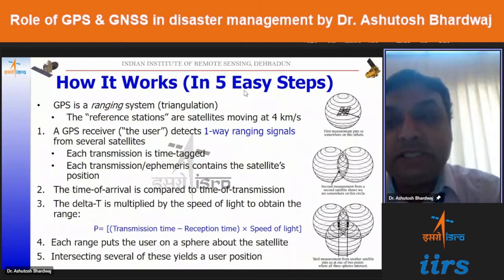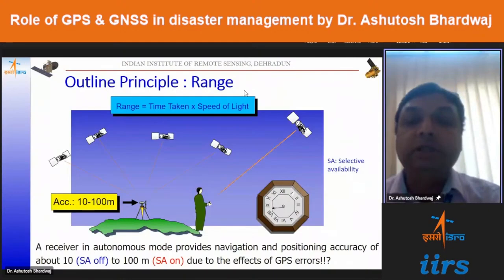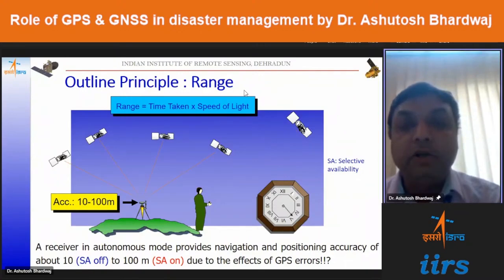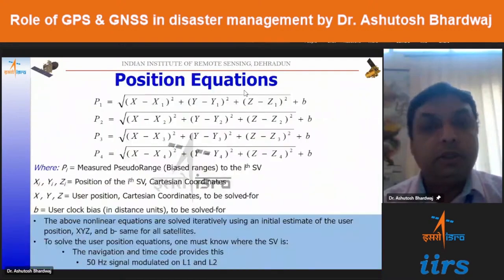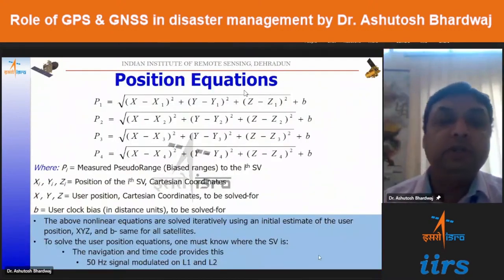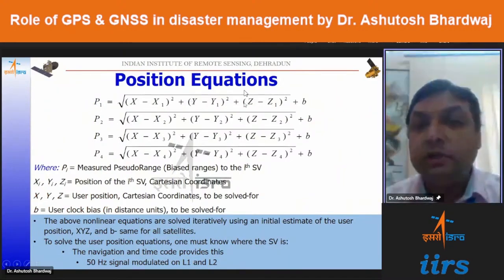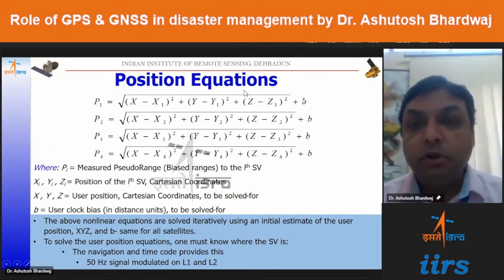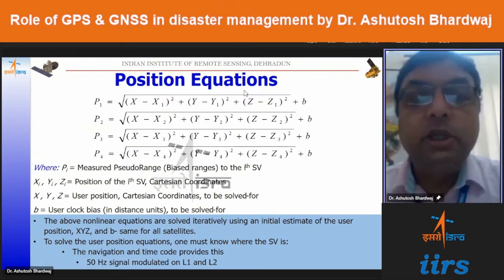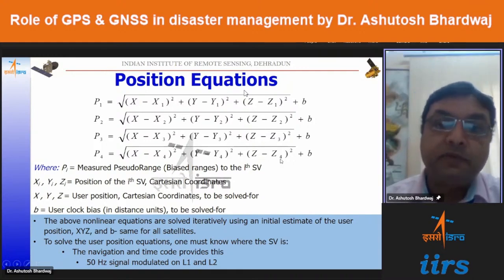Now, basically, we use a one-way ranging system wherein minimum 4 satellites are required to provide us the signal in a one-way ranging method and resolve these equations. Actually, four equations need to be resolved. So in these equations, we have the X, Y, Z as the location of the receiver and B is the clock bias. So these four are the unknowns. X1, Y1, Z1, and similarly the other coordinates of the satellites, they are coming from the